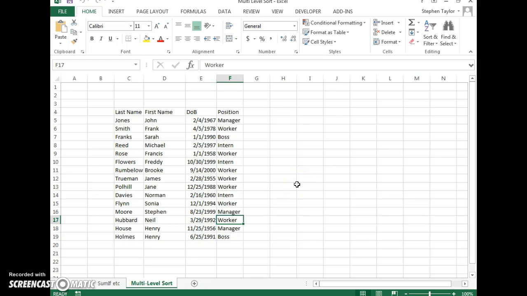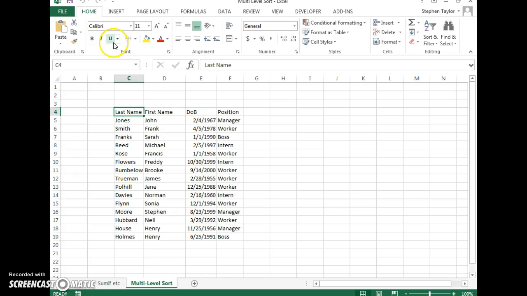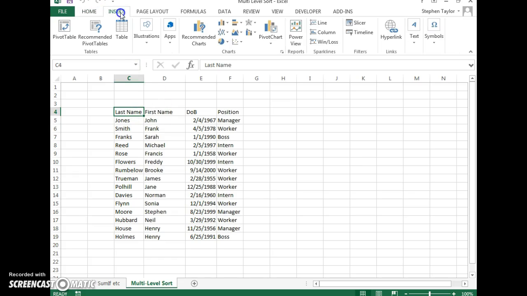Okay, so what we're going to do here is do some multi-level sorting using Excel tables. Don't forget that this currently is what's called a range of information. It's not a table. To convert it to a table, you need to go to Insert at the top here